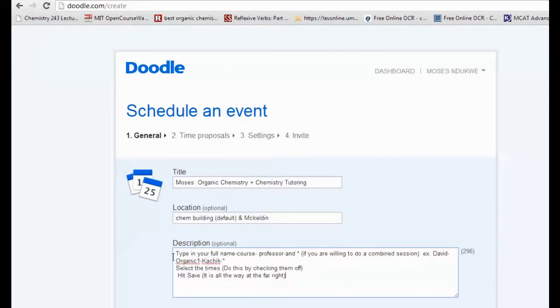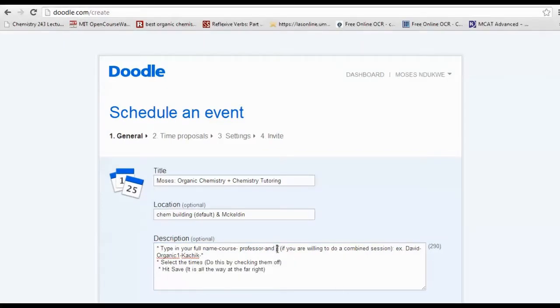If these little bullet points didn't transfer, you can just put them in. What this does is inform the student what they need to do. The student needs to type in their name, their full name, the course, and the professor, and they need to put a little